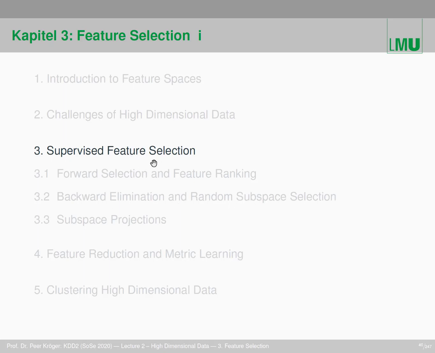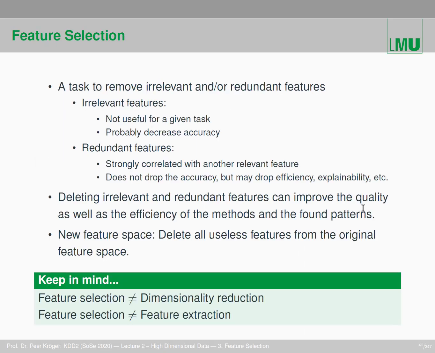But before we talk about how to do that, we'll talk about what we actually want to do. We recall that the curse comes from irrelevant and redundant features, and obviously now we want to remove those irrelevant features, because they are not useful for a given task and probably decrease the accuracy, because we run into all those problems we talked about just before and last week, the curse